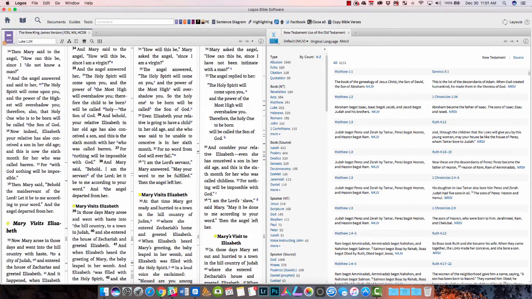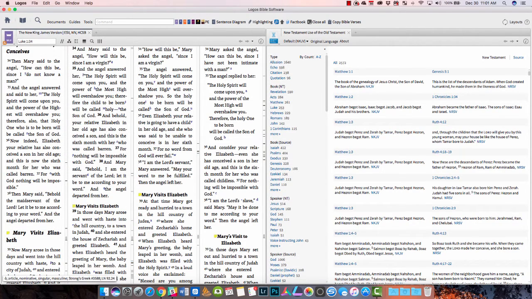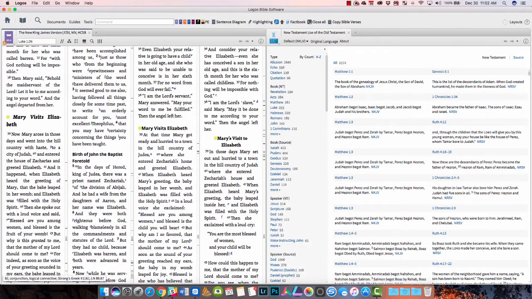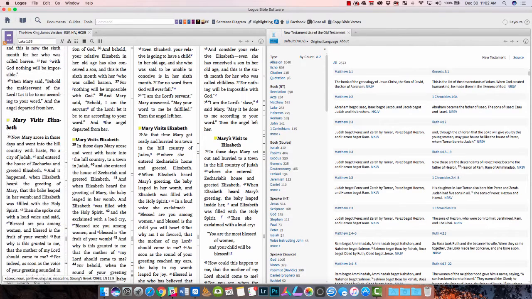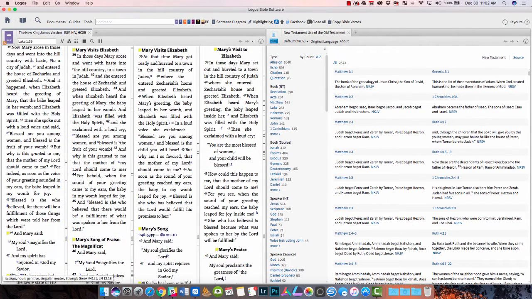For me, it's the NKJV that I have open here. That's my primary text. But what if, as I'm going through here, I say, I want to find out what Luke said at the beginning of the passage? So over here, this is the ESV, and I can read the beginning without this changing or these two columns changing. And then I just go back here and move it a little bit, and it'll pop back to where I was. So here I was at Luke 1:39, studying for my sermon on the Magnificat,